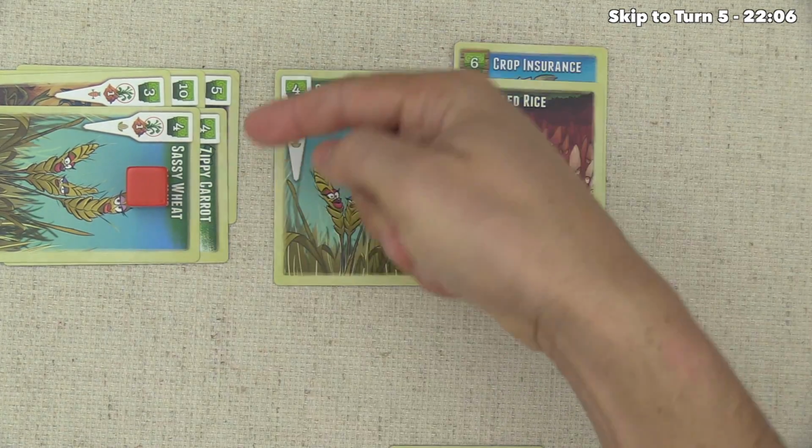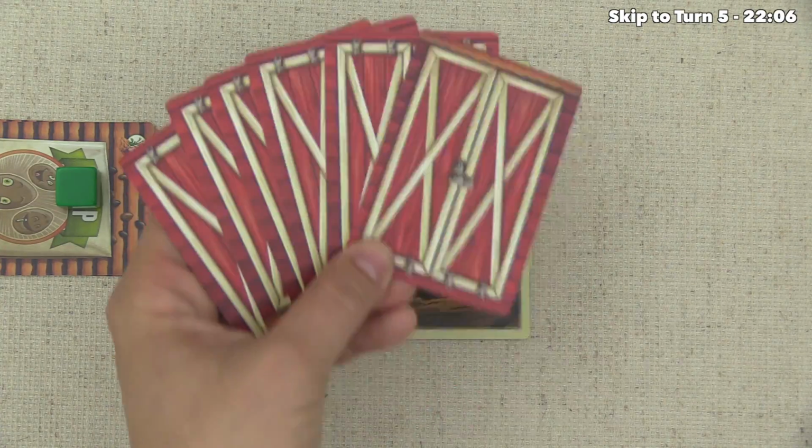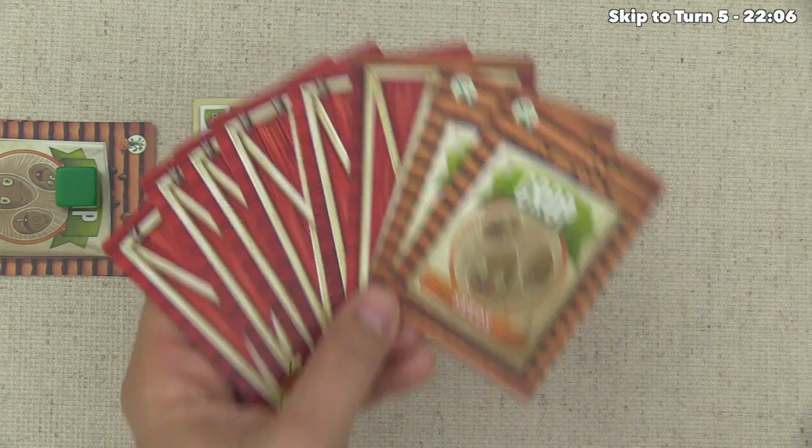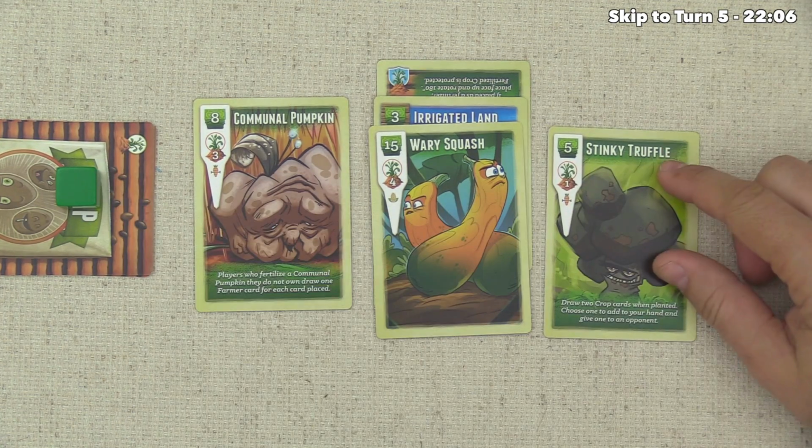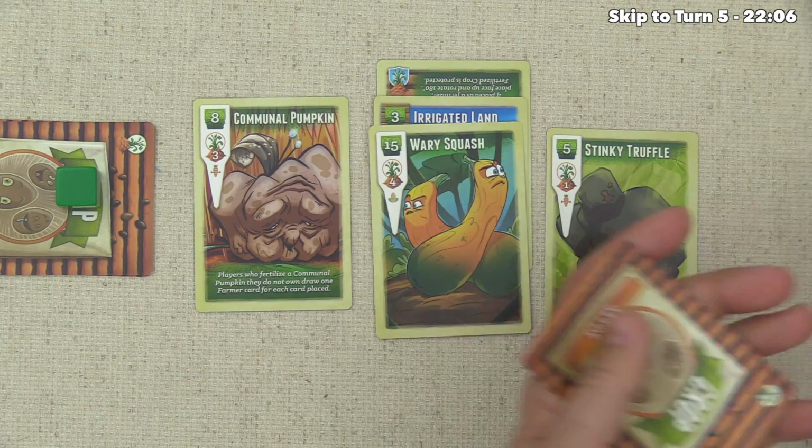And at the moment, we've got 26 bucks. The green player starts their turn with 0 crop cards, and they're going to go ahead and draw 2 like normal. They'll begin by playing a Stinky Truffle down. This is their second one. They already harvested one earlier on, and once again, this one allows them to draw 2 cards from the top